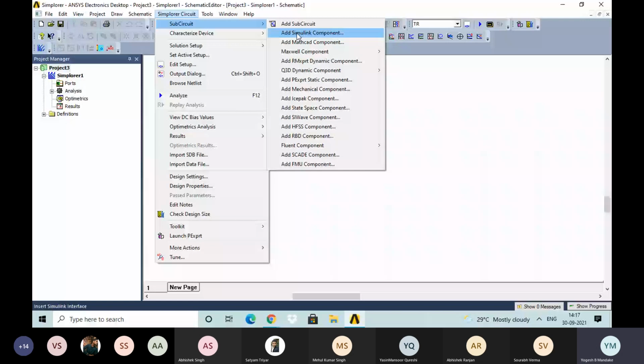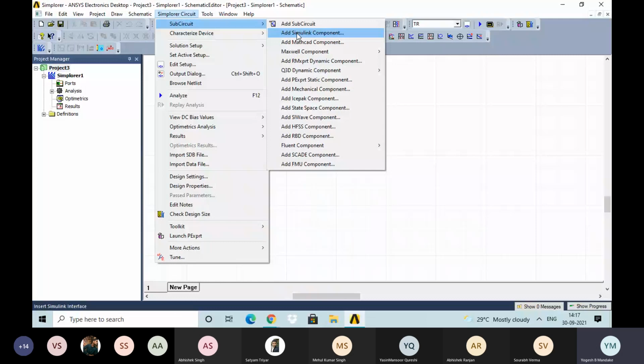But suppose I design one motor for an electric vehicle application, but that entire electric vehicle model could not be completed in the ANSYS Maxwell software. For that purpose, we will design the machine, observe the performance, and that model can be imported. The actual model of the electric vehicle will be made in the MATLAB software, and at the motor block, we will import the model which we have designed in the ANSYS Maxwell software.